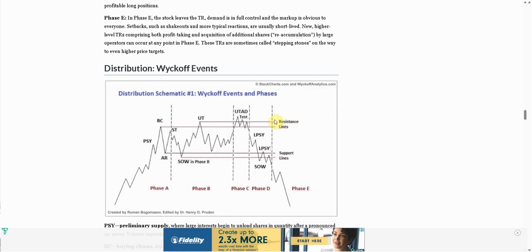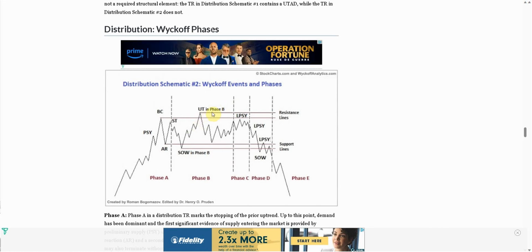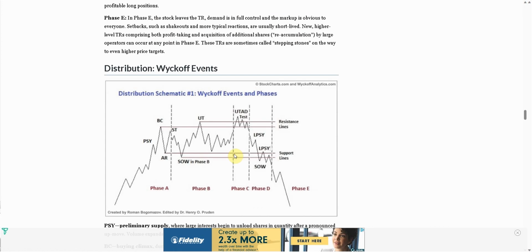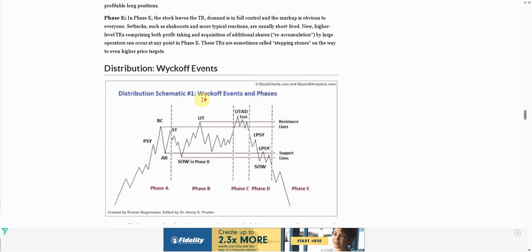On the other side of things, this is exactly what Bitcoin has done. We've got our change of character, our upthrust after distribution, or our buying climax rally, or rather our auto rally. It just looks a little slightly different. Secondary test, sign of weakness coming lower below the auto change of character. We've got our upthrust, and again, it's a little different. Really more like this example here. Again, just four different examples. It's just the basic structure of it that